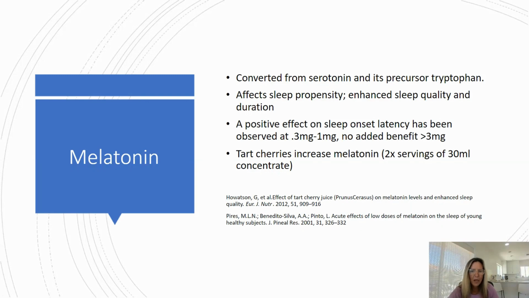So, for example, a positive effect has been seen on sleep latency, and on how long someone sleeps, sleep duration, in doses of melatonin as low as 0.3 to 1 milligram. Typically, we see a plateau evolve from there, where you don't see that much of an added benefit beyond 3. But nonetheless, we see a lot of formulations that have a 5 milligram dose of melatonin. The reason we see it a lot is because it has a lot of efficacy data associated